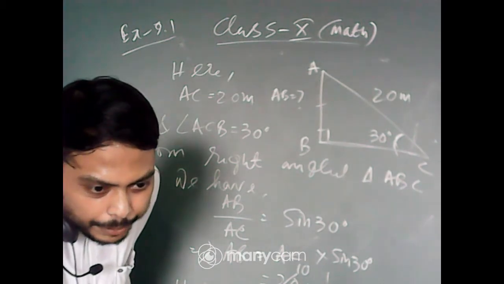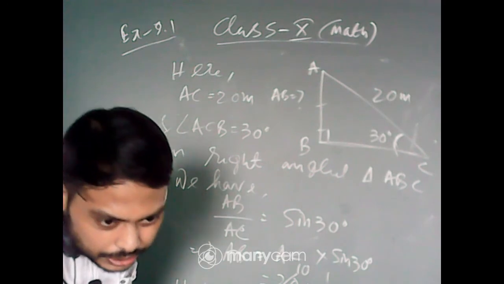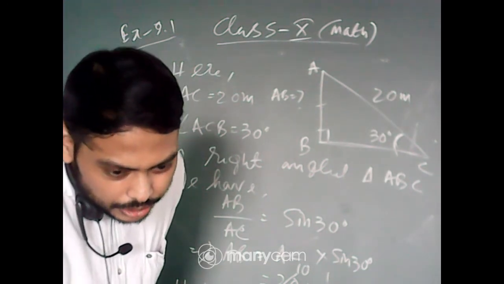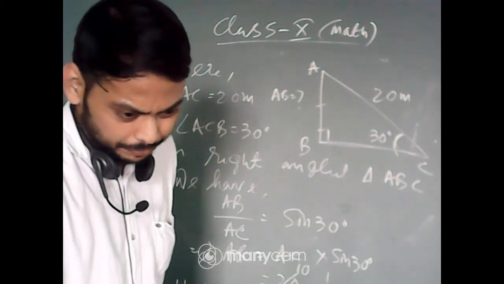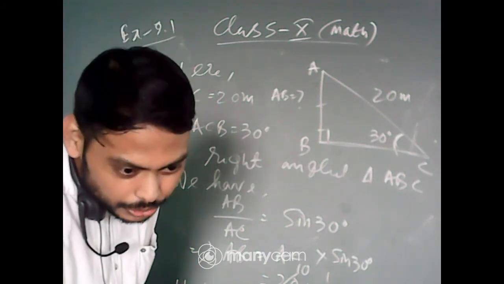Height of the pole AB, angle with base BC 30 degree, AC 20 meter. Just write the triangle is a right angle triangle. Okay? Mention it here. Otherwise, T ratios do not hold.